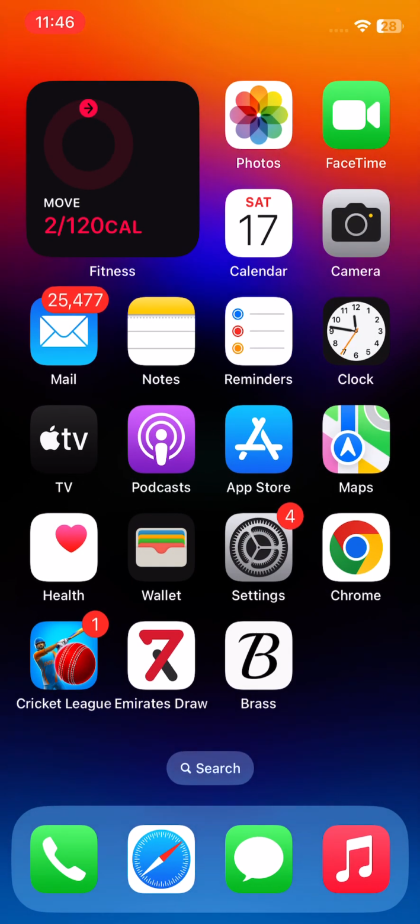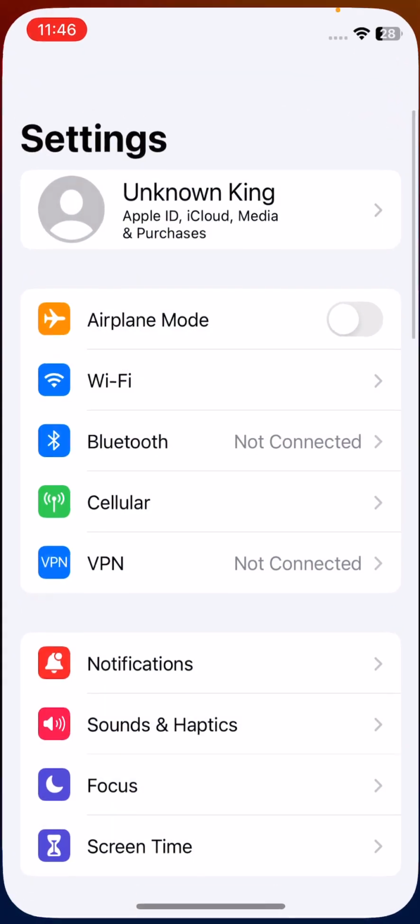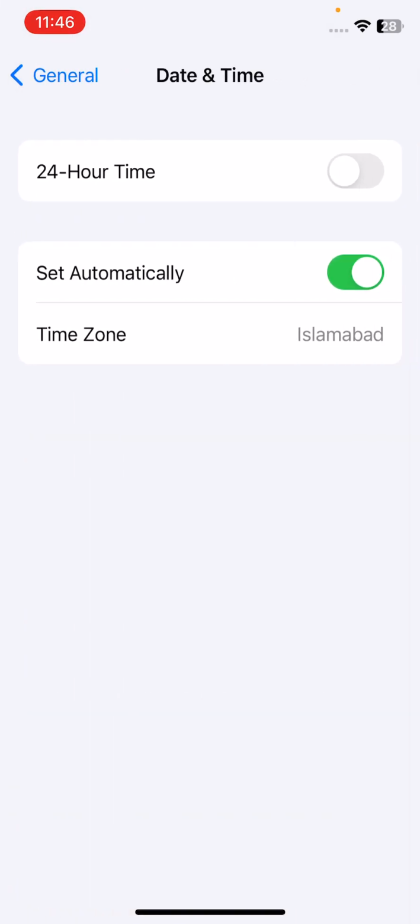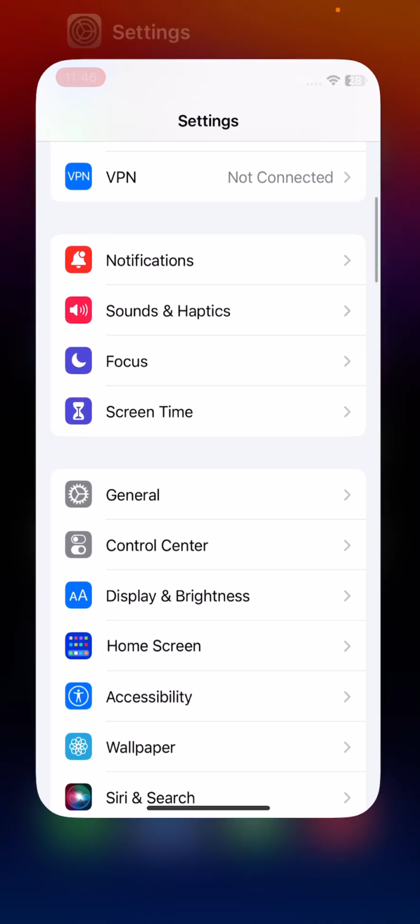So after resetting your network settings, check your date and time. For this, open Settings, scroll down, tap on General, tap on Date and Time. So here you can see guys, check your date and time and correct your date. I have corrected it. So after this, the next solution is